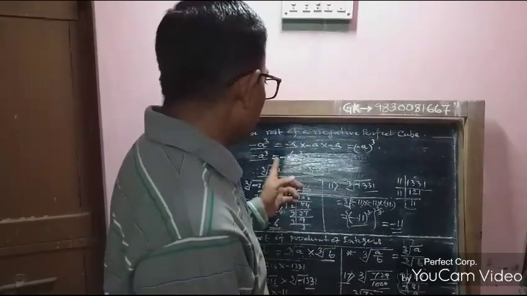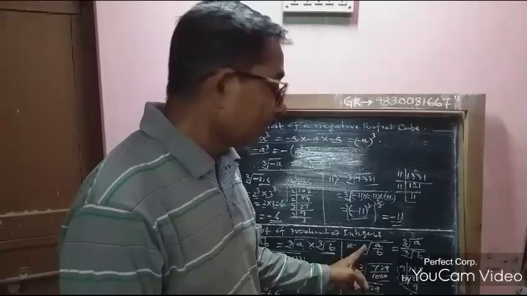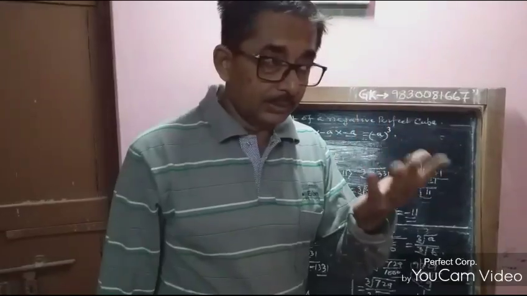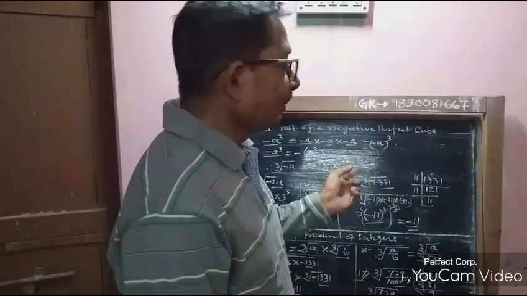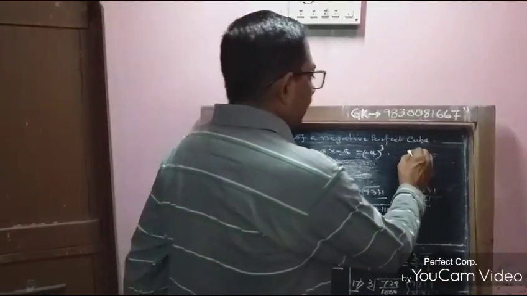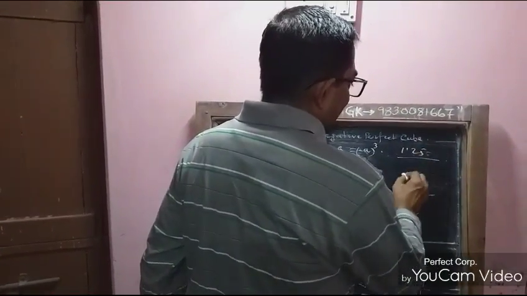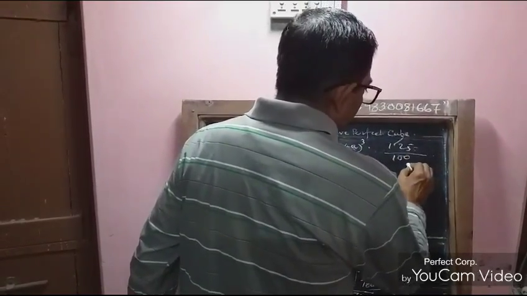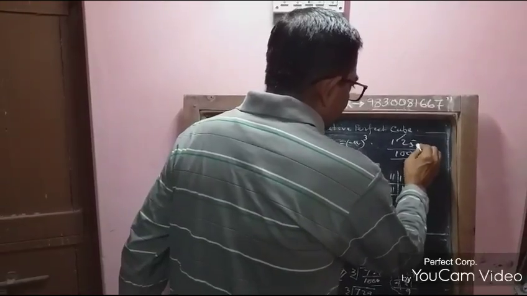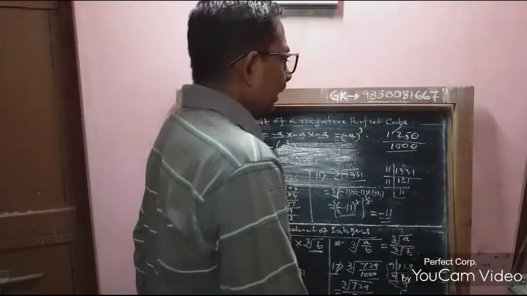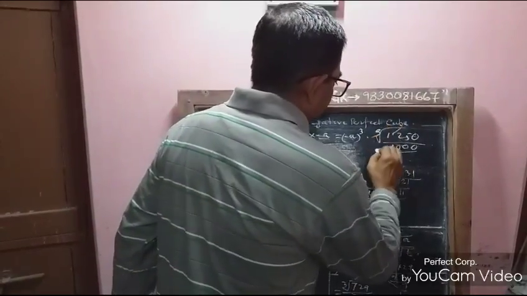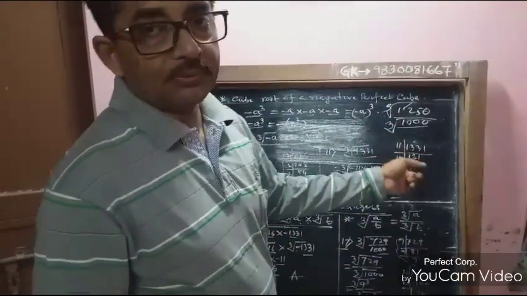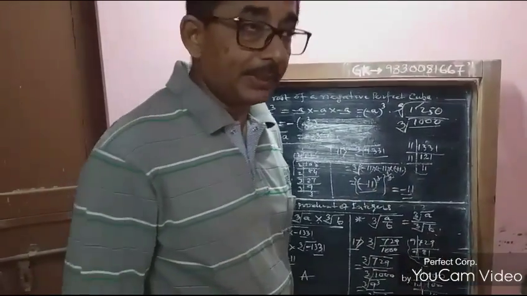So the cube root of any form, whether it is in the product form, or in the rational number form, or any number with integer form, or maybe in the decimal form. Suppose it is decimal 1.25, if it is given like this, then we can also find it out by writing it over 100 like this. Then that is a rational number form, and then we can find out the cube root of any number.